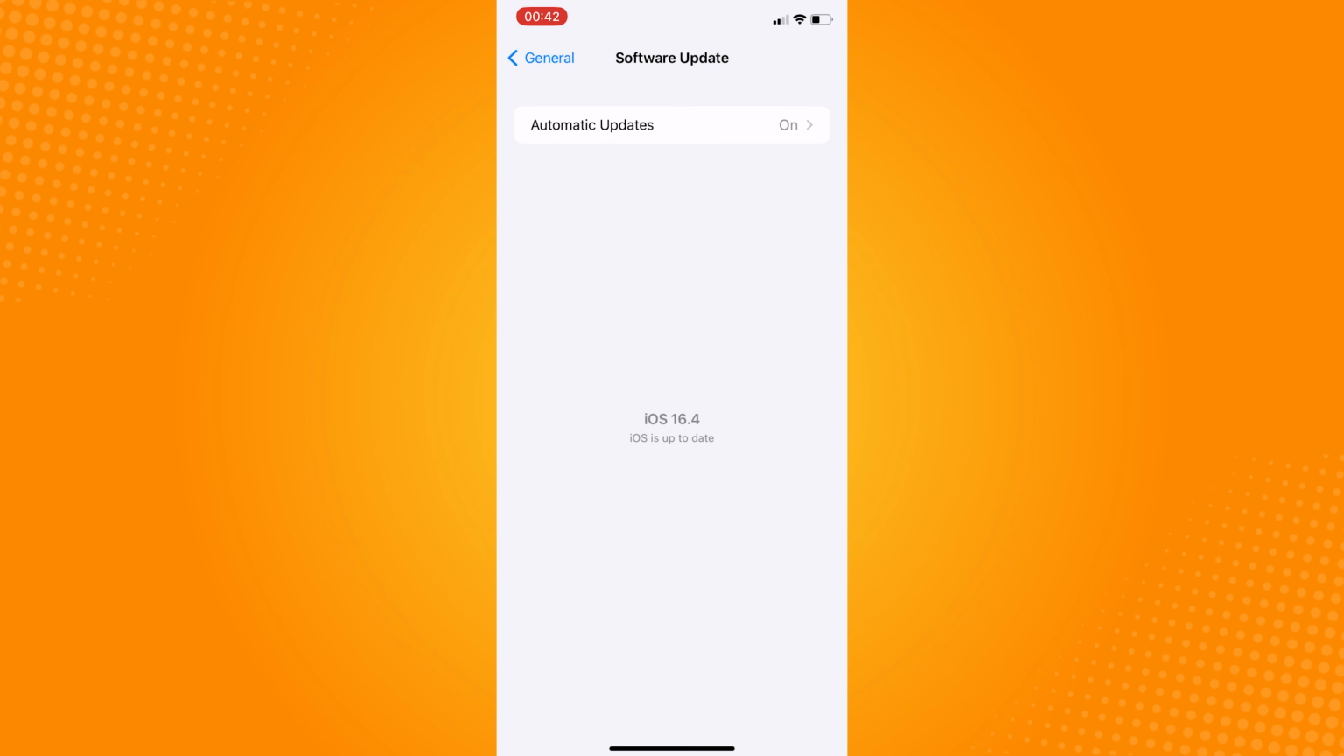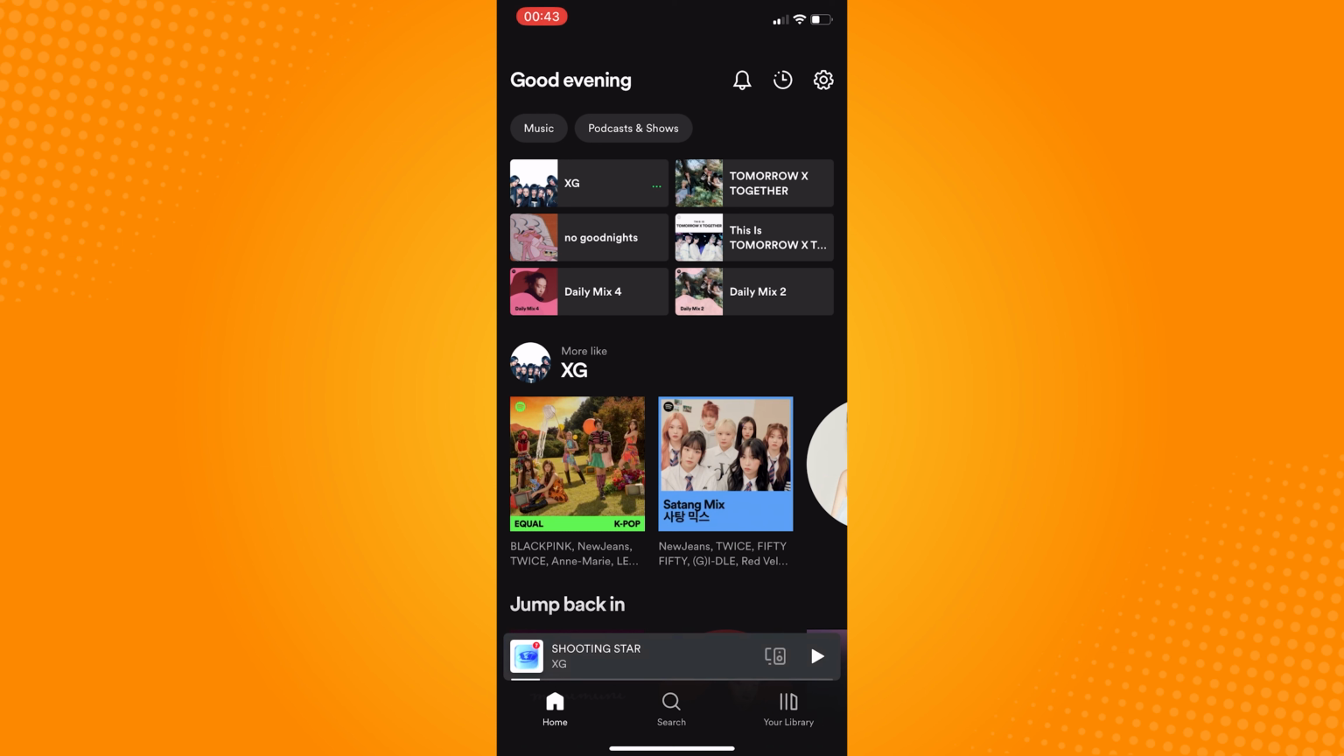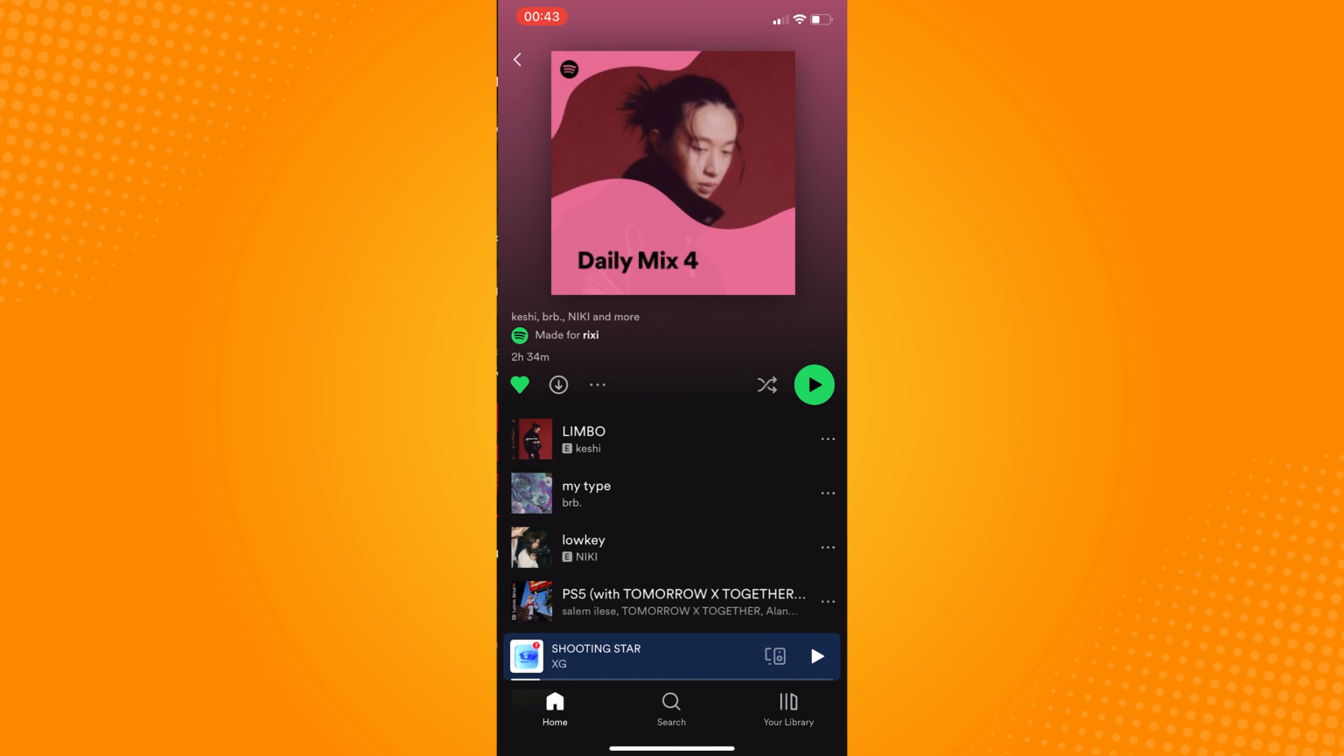After checking that, launch the music streaming app of your choice. This could be Apple Music, Spotify, YouTube Music, or whatever music streaming app that you want. I will be using Spotify. Choose and play any music, and then after choosing, lock and wake up your iPhone to view the lock screen,